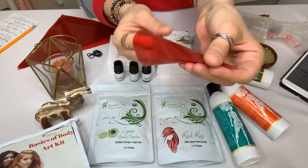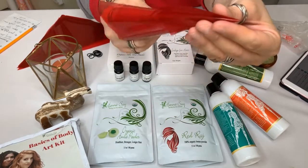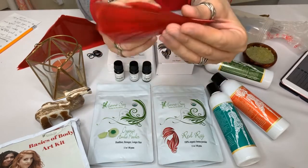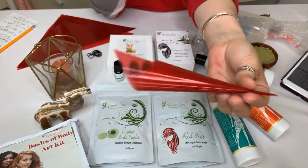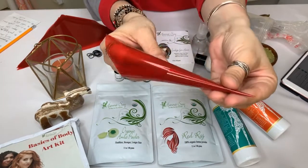It took me a good year probably to roll cones properly, but I didn't want to use bottles. Bottles hurt my hands, so I use cones. So this is how you roll. Actually, I just did a mid-air hand rolling. There you go. So once I've had my cones rolled and ready, and I've taped them closed,